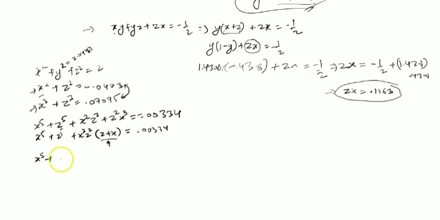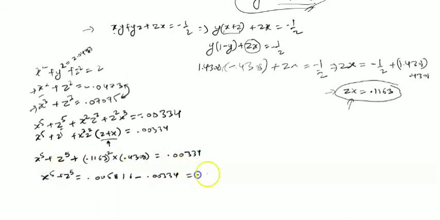X to the power 5 plus z to the power 5 plus 0.1163, which is the value of z into x, and both of these are squared, so this will be squared, multiplied with 0.4308, will equal 0.00334, and therefore this equals 0.00246,